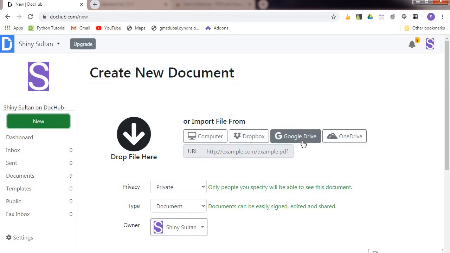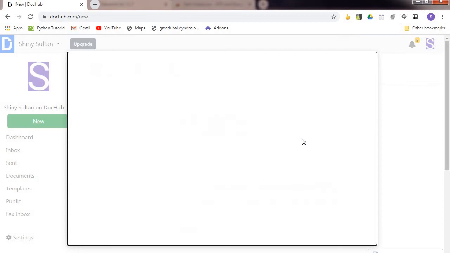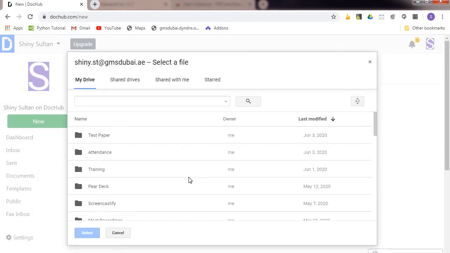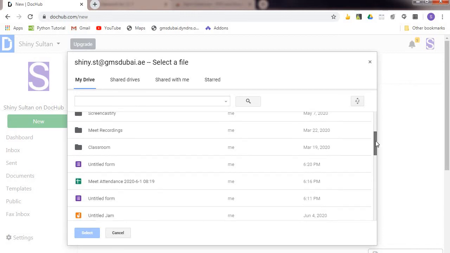If it is already there in your drive, that means once the students are posting or submitting the file, it will be in the Google Drive. So either you can go for the Google Drive from your corresponding classroom, you can select. I will show you. That means Google Drive, you are going for the Google Drive. You can see here I created the file here, test paper. So whoever submitted the file in the test paper, I can correct that one, or else I can go for my classroom.